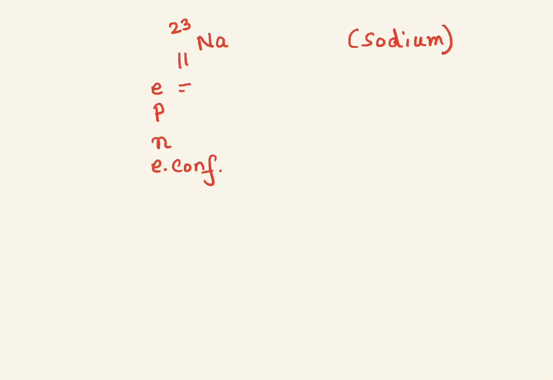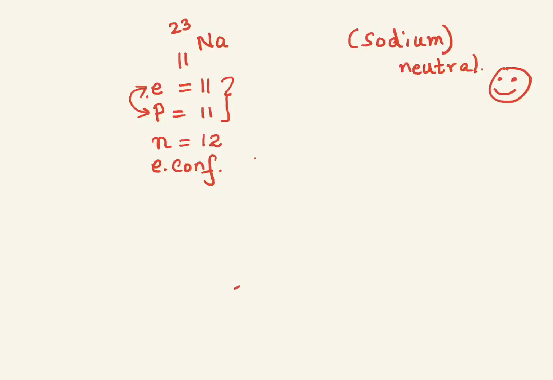So let's go ahead. Electrons are 11, protons are 12, neutrons are... Yes, am I doing correct? No, protons are not 12, protons are 11, correct, and neutrons are 12 over here. Why are electrons and protons equal here? Because in a neutral atom, the number of electrons is always equal to the number of protons. Please remember that, right? That's a good way to see how attentive you are towards the lesson.